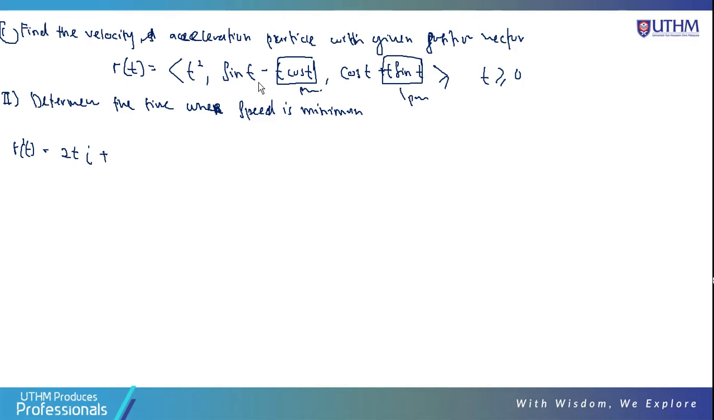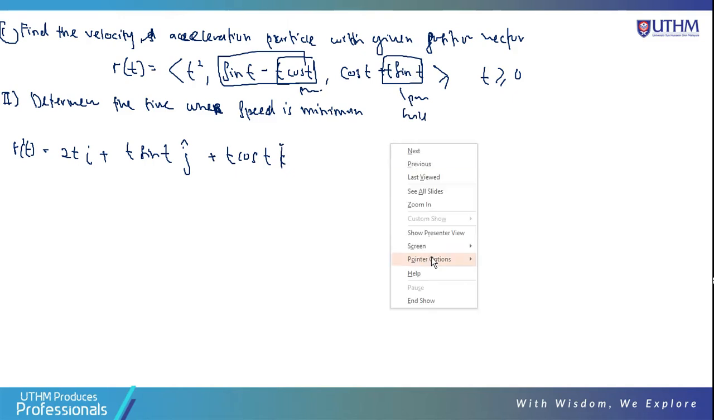So this one, the answer is t sin t, after you solve this one using the product rule, and then j, plus t cos t k. This one you also need to solve using the product rule. So solve it, and you get this one, and then